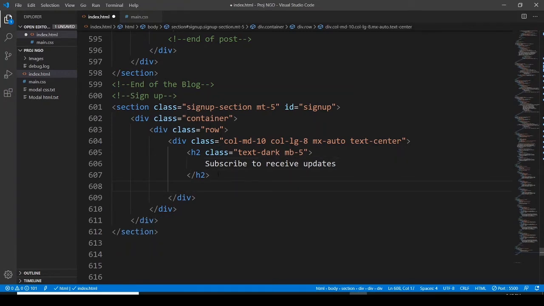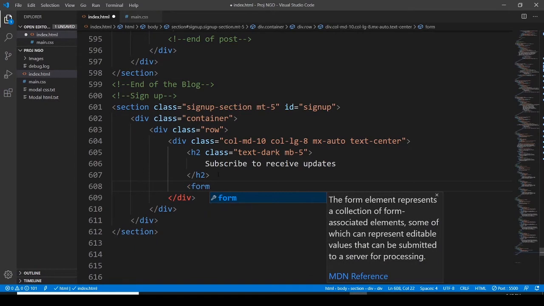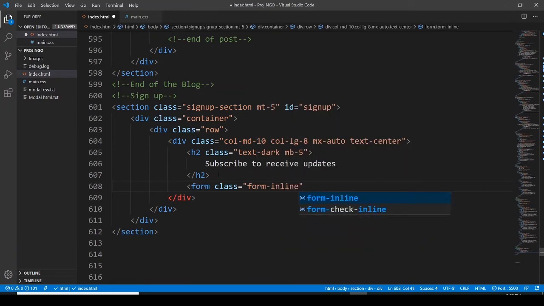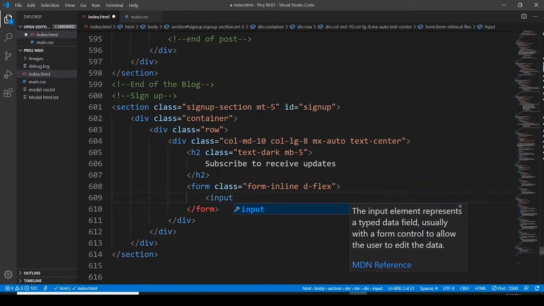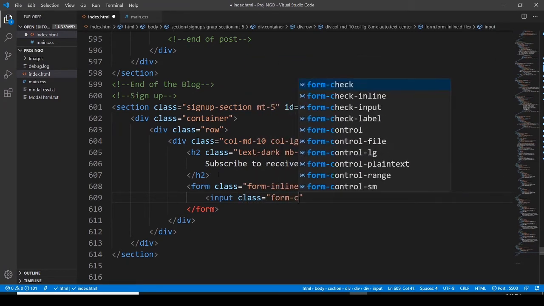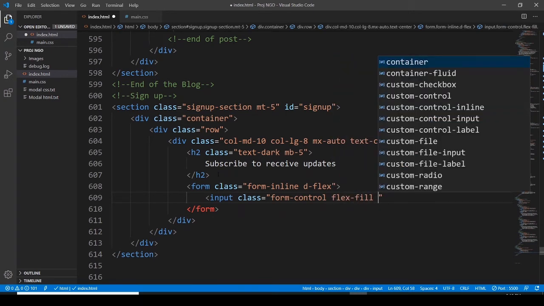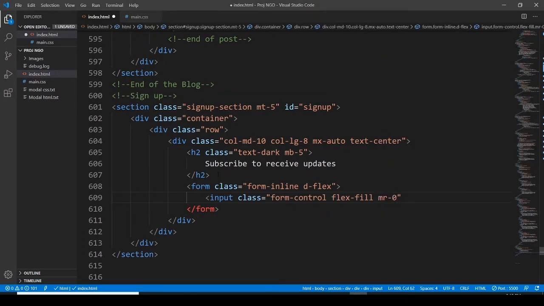and then here let's go with the form element and form class of form inline display flex, and then input class form control, and then flex fill, and margin right 0, then margin small devices 2, and margin bottom 3, margin bottom small devices 0, and hold on please, let's bring it here,